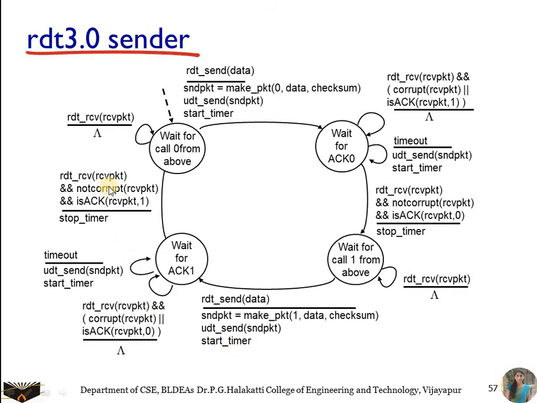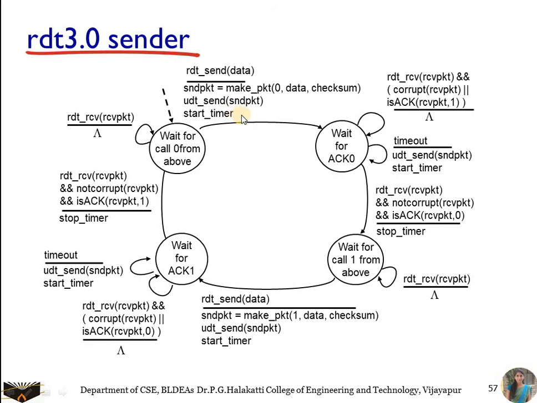So if you receive the acknowledgement, here you have the ACK1, and if you receive the acknowledgement 1, it's going to stop. Otherwise, if the timer times out, again retransmit the packet with the sequence number as 1, and this is going to continue. So this loop is going to continue for packets with the sequence number as 0s and 1s, and timer is a new thing that is being added to the RDT 3.0.